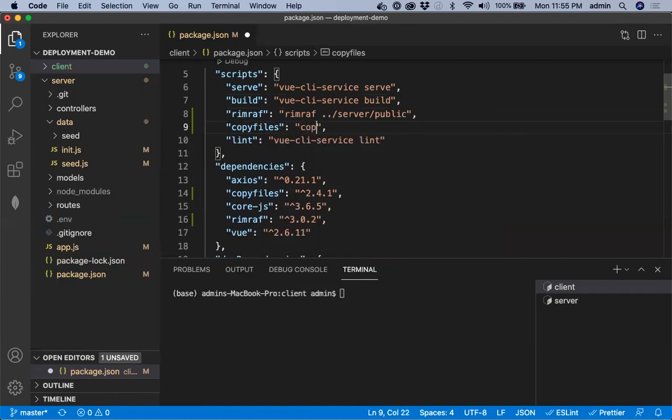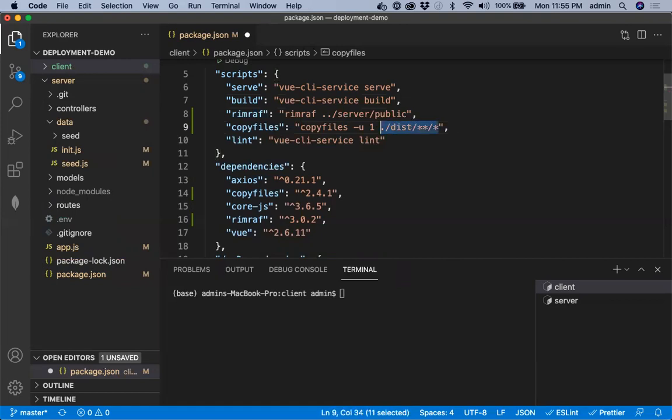So we'll say copyfiles and -u 1, we'll see what this does. And we need to copy everything that's within the dist folder. So we'll say dist slash.